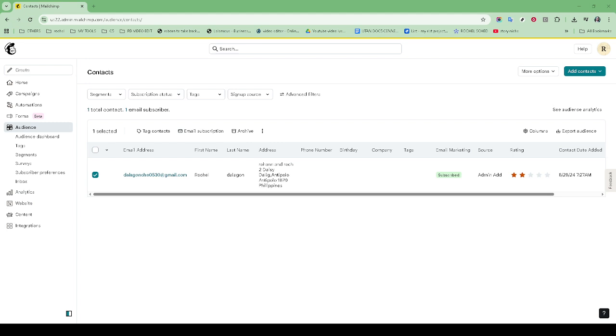With the URL entered, it's crucial to save your changes. Look for a Save button on the page, usually located at the top or bottom. Clicking it ensures